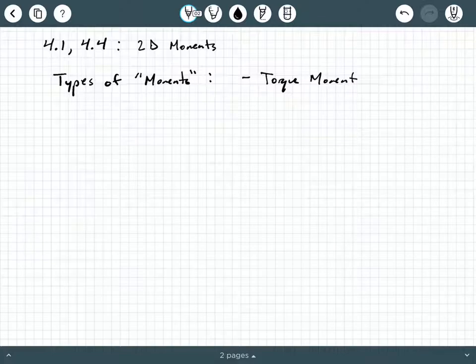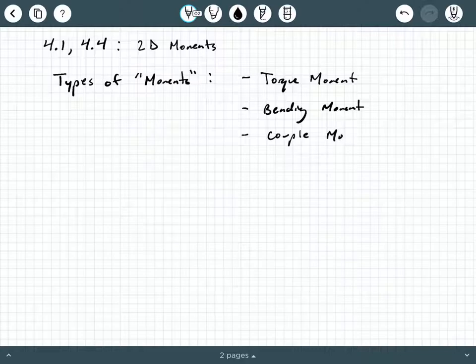The short name for it is just a torque or a torsion, but the full name is actually torque moment. Another type of moment is called a bending moment. And then we have a third type called a couple moment, and then a fourth type called moment of